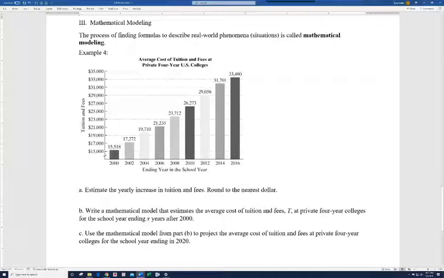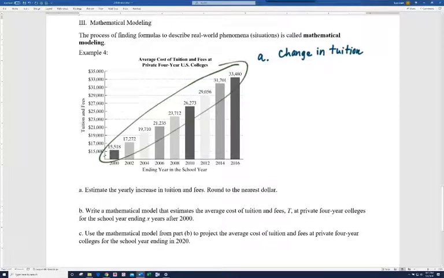So we're looking for the yearly increase in fees. So maybe the price is going up $1,000 per year, for example. So this is what we call a rate. We have two measures. We have a certain amount of money per year. So money and years. And so let me go ahead and do my work up here. So what we're going to look at over this whole period of time, what the graph is telling us, notice we're going from